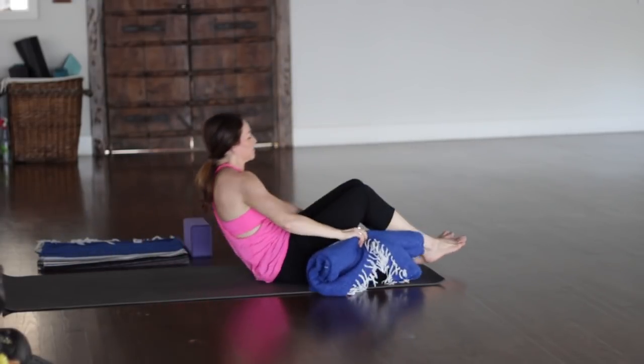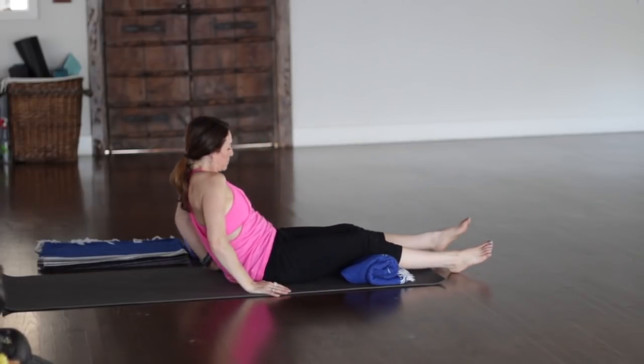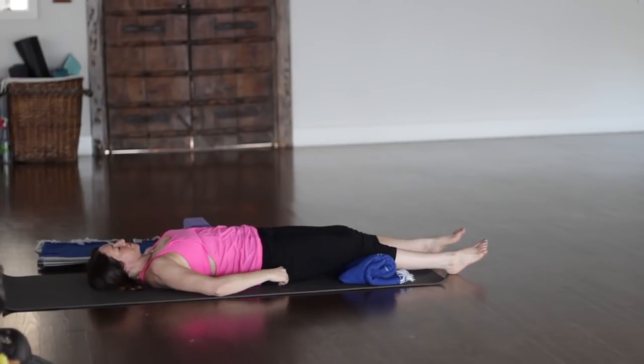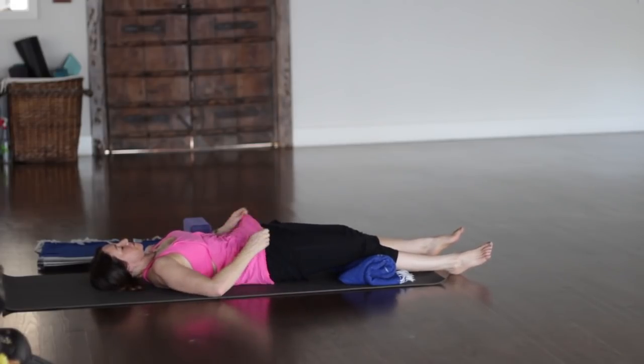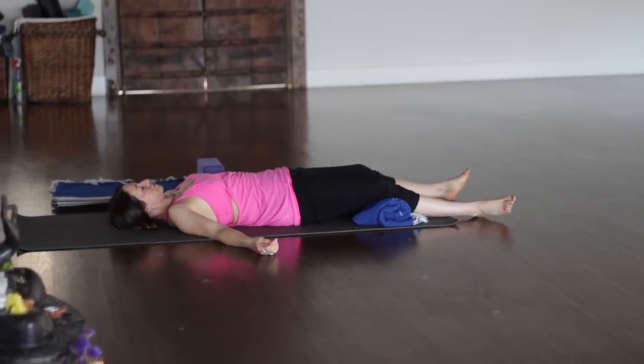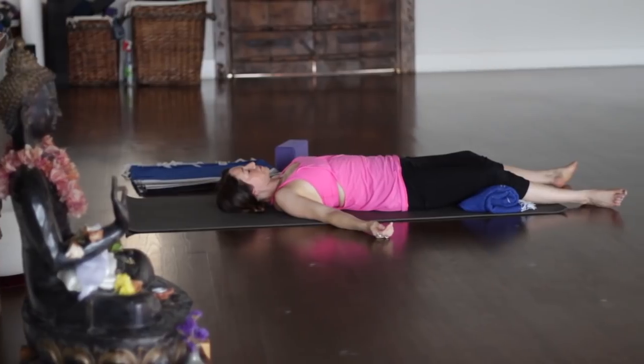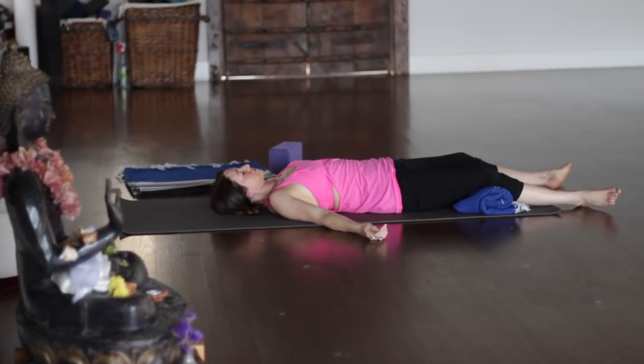So I'm going to take a blanket and roll it, put it under my knees because I like it. It feels comfortable. And then as you're ready, lie all the way back. Let your feet flop open, your arms by your sides, the palms facing up, and then just allow everything to relax. A quote from Helen Keller: